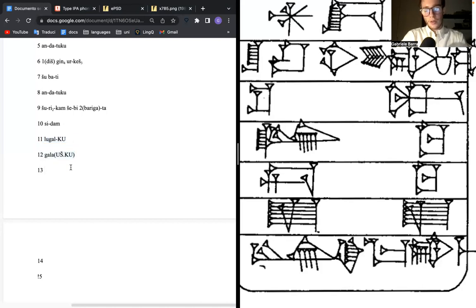And then in this line, I think we have both the name and the profession in the same line. Why? Because this sign, which can be Kush as well,